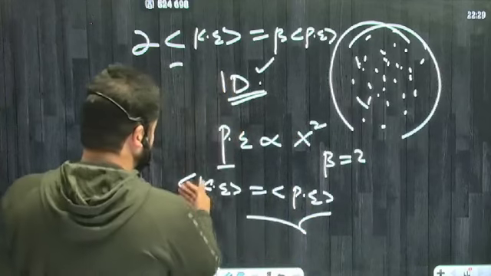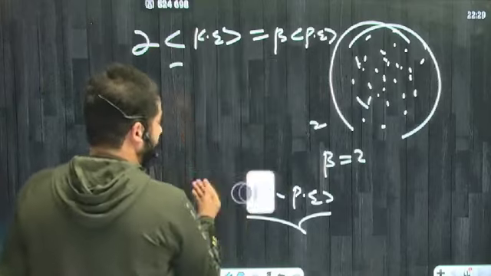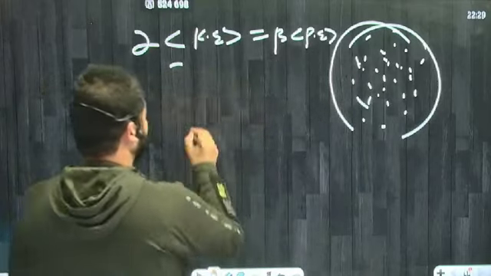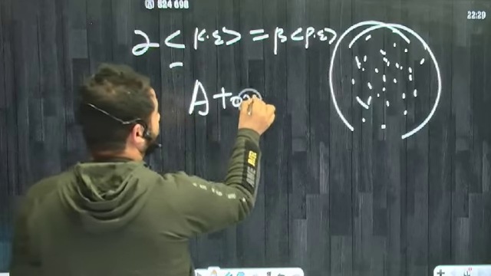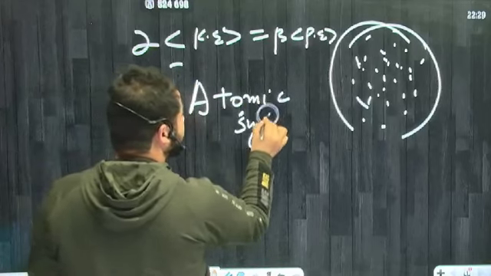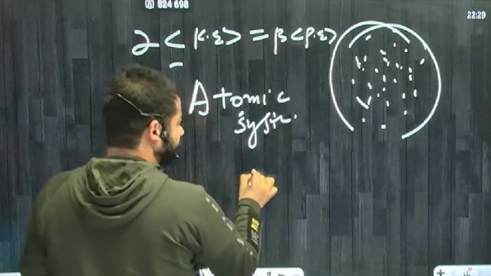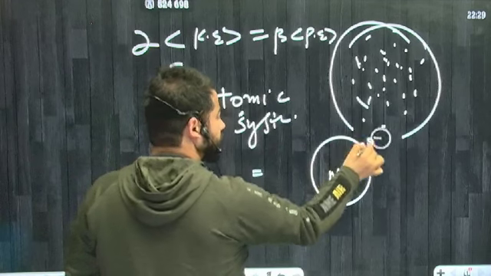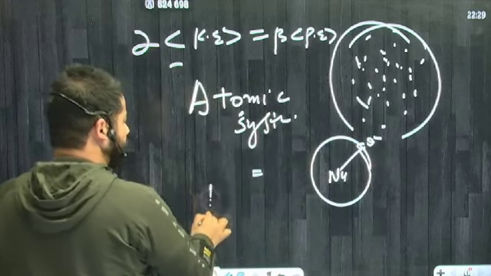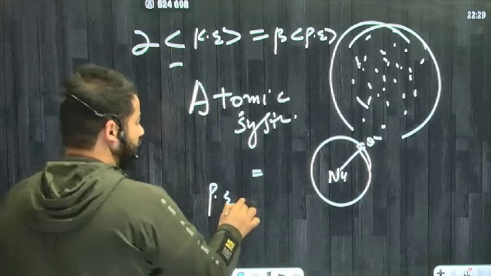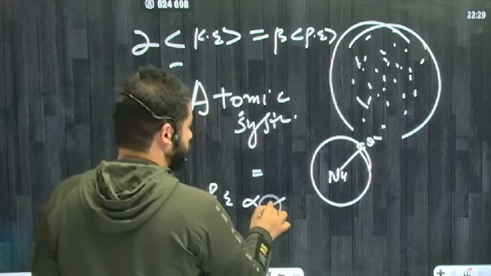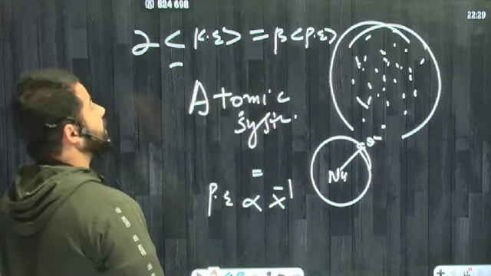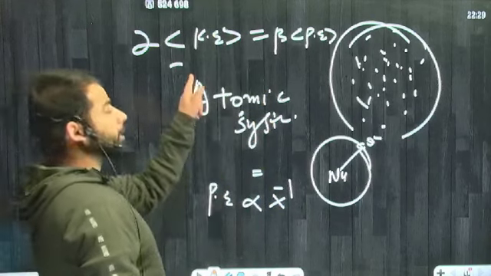Not only this, if I look at the system differently, I can call it an atomic system. When the system is atomic, we know the nucleus is there and electrons are circulating around the nucleus, and the potential energy of the electron with respect to the nucleus is proportional to x to the power of -1. If I put the value of beta as -1 here,